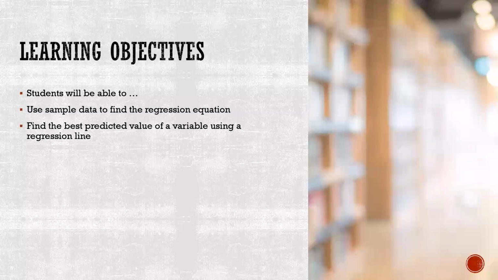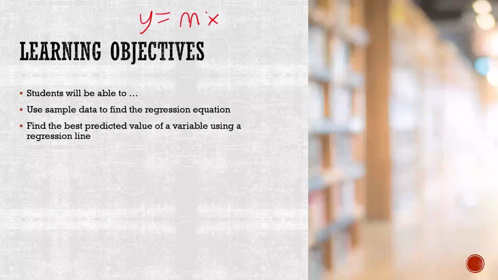What is the equation for a line? Absolutely. All right. M represents the slope, right? And that tells you how steep the line is. Has everyone heard of this before? And B is the